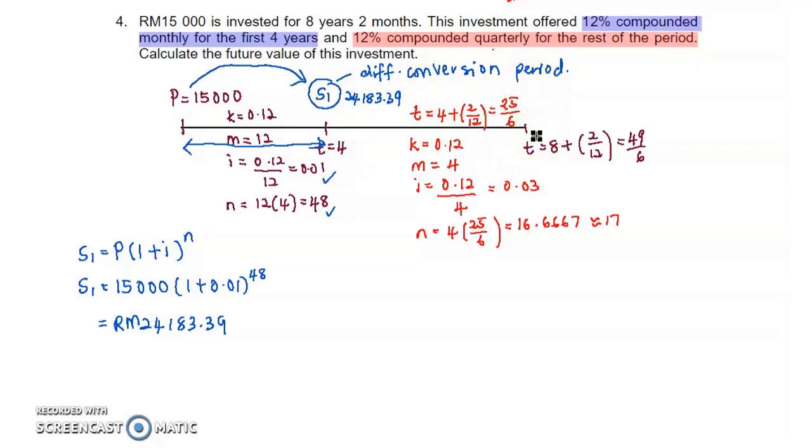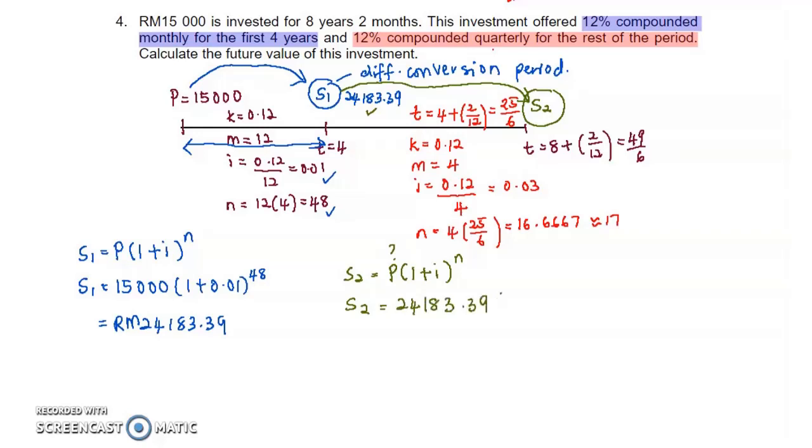So what is the accumulated amount here? If we wait another 4 years and 2 months, let's call it S2. So what is the amount? S2 equals P(1 + i) to the power of n. So what is value P here? Remember, in compound interest, the principal changes from year to year. So in the calculation of S2, S1 will now be the new principal. So S2 equals P, which now is